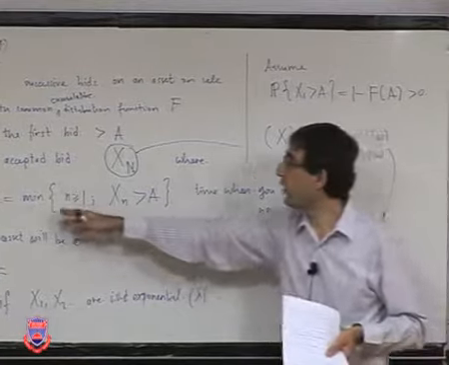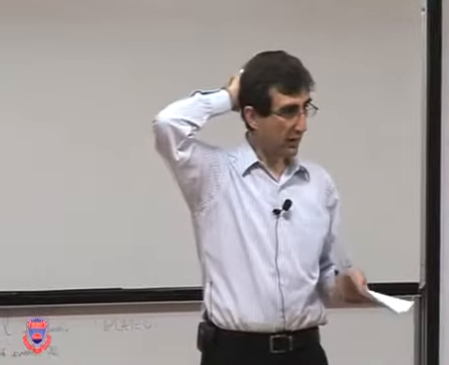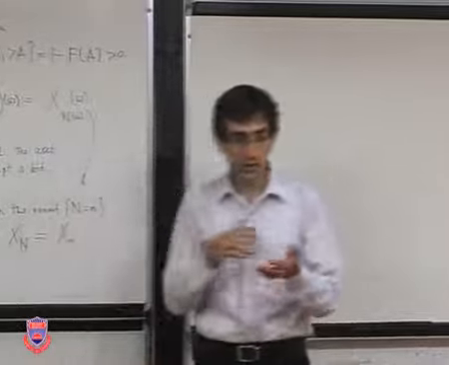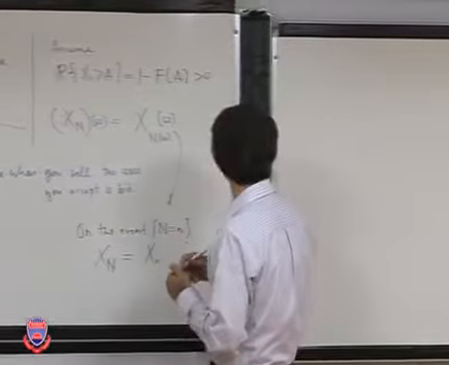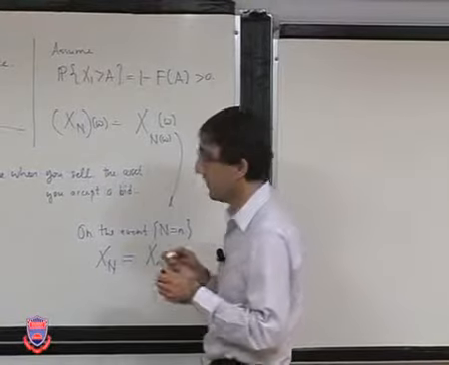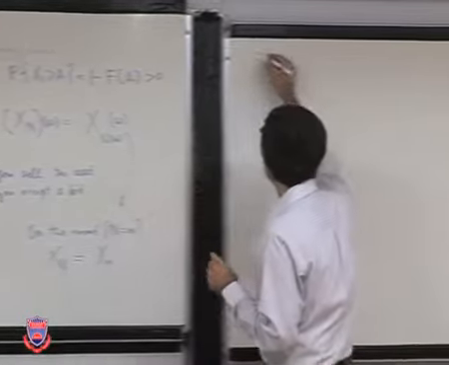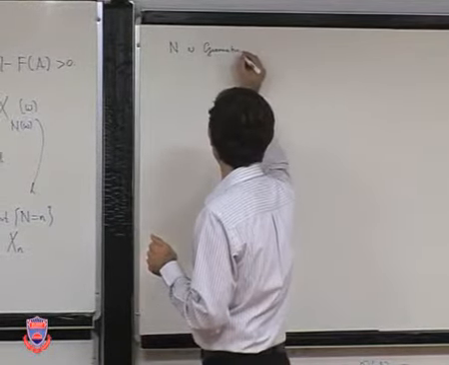So what kind of distribution do you think N must have? Geometric. The time of the first success in a sequence of IID Bernoulli trials must have a geometric distribution. So we know that N now has a geometric distribution